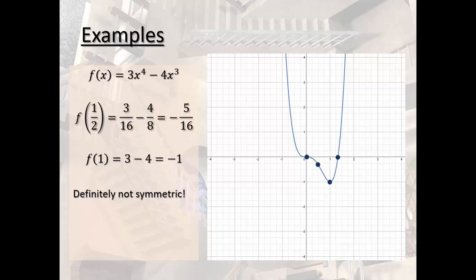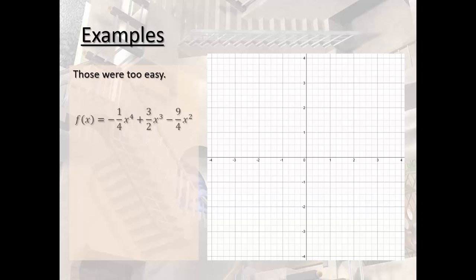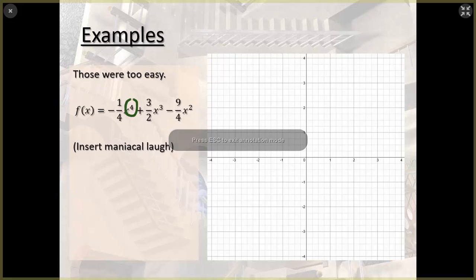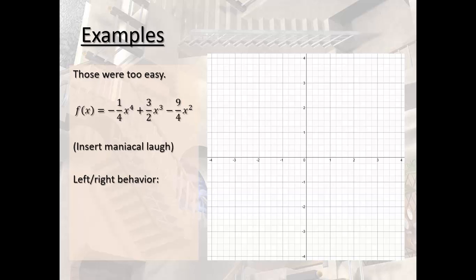All right, let's try one more. Oh yeah! Oh yeah, insert maniacal laugh here. Yeah, this is beautiful. Look at all those wonderful fractions. Well, we can do the leading coefficient test right out of the gate. We don't need to do anything fancy to do that. We have a 4th degree polynomial with a negative coefficient. So that tells us